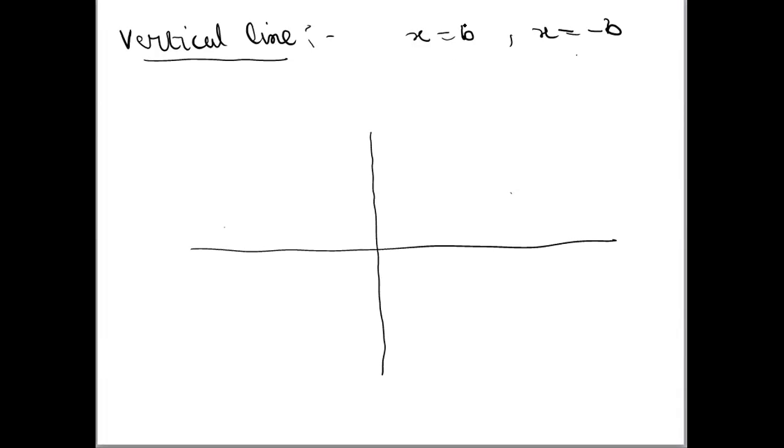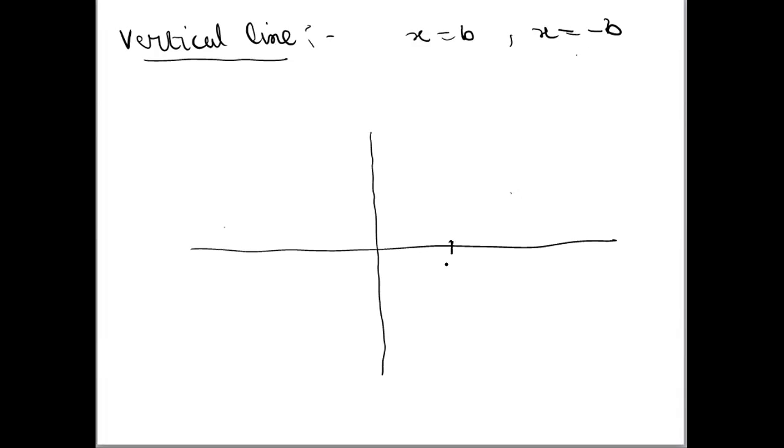If now I am given x की value b, x की value minus b, this point b is not fixed. This point b can take any value. B की value 4, 500, 200, any value can be given. So you have to draw these two lines. तो ये lines क्या होंगी? x की value b fix, y can take any value.